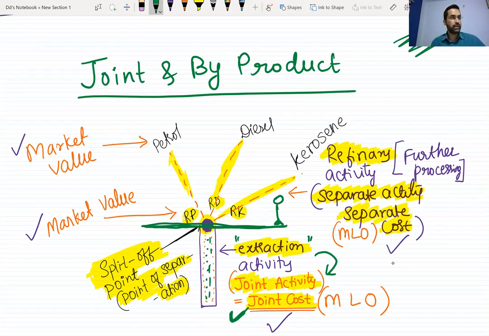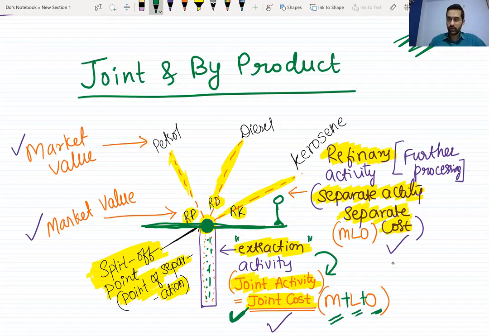You may need some labor, you need some equipment, you will have electricity, you will have some motor power consumed, and so on and so forth. If that is 5 lakh rupee, then 5 lakh should be called as joint cost. It is material, labor, overhead, add all this, total is your joint cost, right? At this level, we will segregate them.